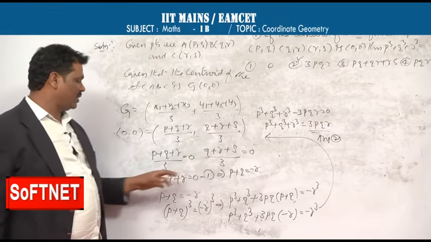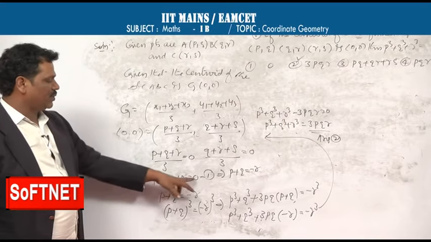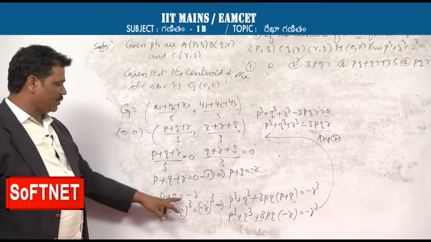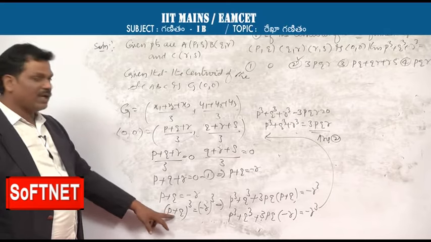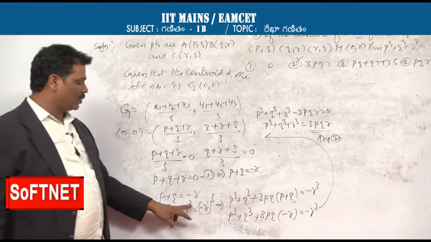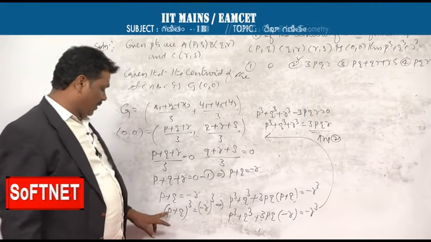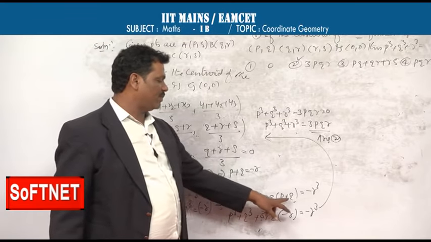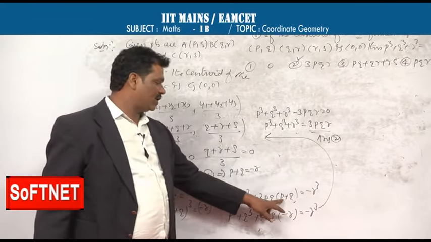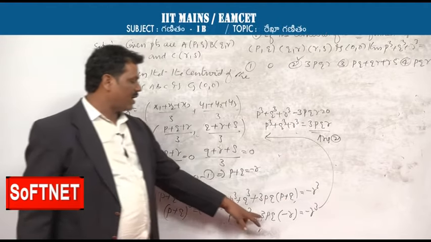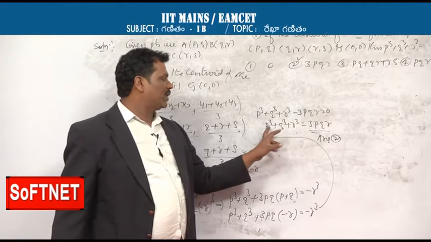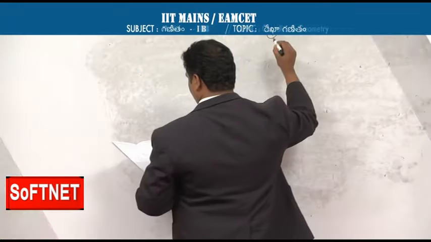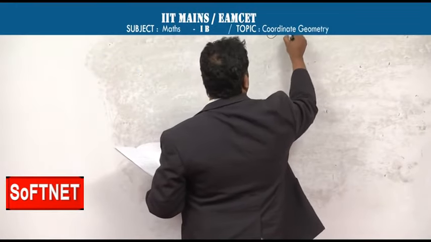Okay, we get two equations. Taking one, P plus Q plus R equal to 0 and P plus Q equal to minus R. In this equation P plus Q equal to minus R, cubing on both sides means P plus Q whole cube equal to minus R cube. So here P plus Q whole cube, the formula is P cube plus Q cube plus 3PQ into P plus Q equal to minus R cube. Here substituting P plus Q equal to minus R, we get minus 3PQR equal to 0. So here P cube plus Q cube plus R cube equal to 3PQR. So the option is 2.